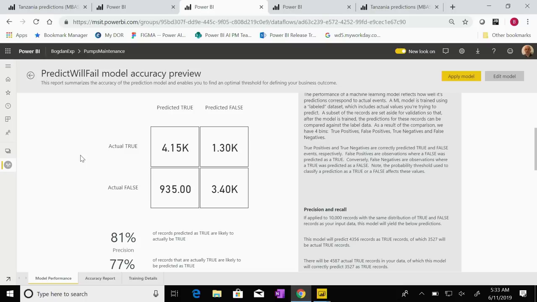Now, in real-life situations, we tend to believe that 50% means something. We tend to believe that everything above 50% is a good candidate for true, and anything below 50% is not such a good candidate for true. But in reality, that 50% cutoff is a bit arbitrary. Now, if you think of this, the model is a good mathematical construct. It's optimized for something. If you think of this 50% threshold as a bar, and again, we are looking for pumps. If you raise that bar, it means that everything that exceeds the bar has a very high likelihood of